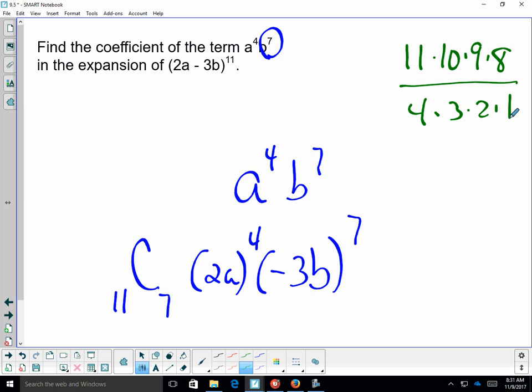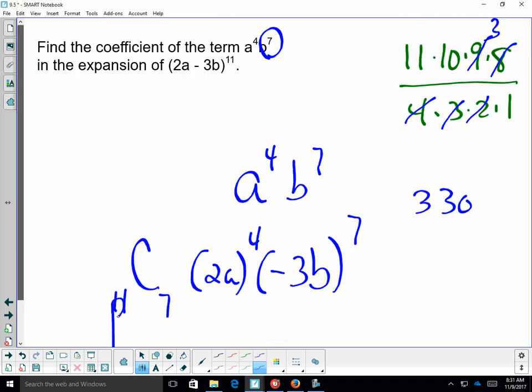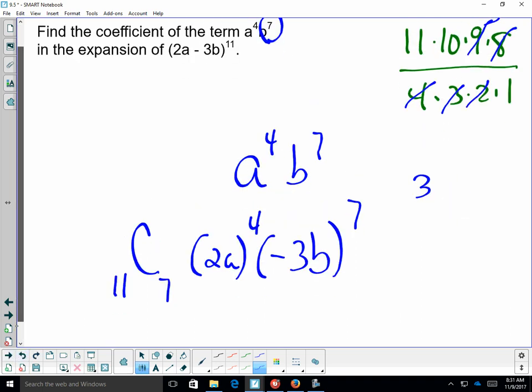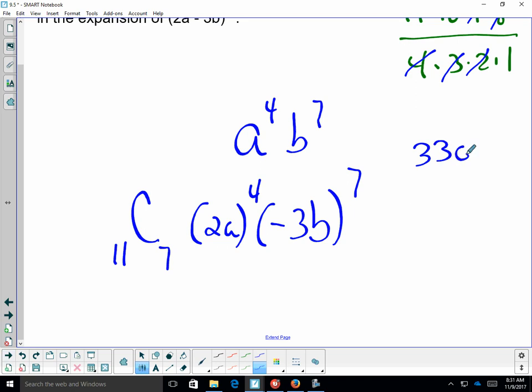And then here I'm going to do 8, 3, 30, 330. So this coefficient is 3. Oh, oopsie. I hate it when that happens. Let's see if we can do that. This coefficient is 330. The 2 to the 4, 2, 4, 8, 16, 16a, and then negative 3 to the